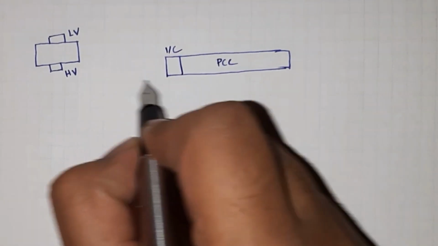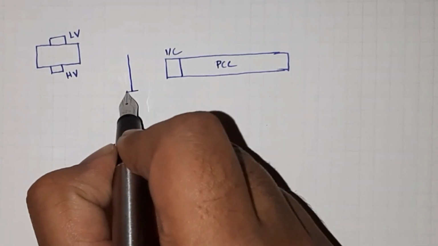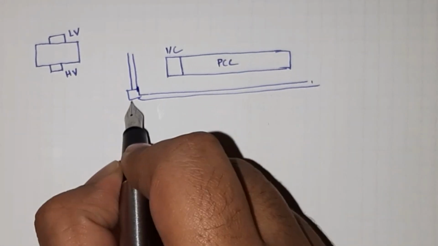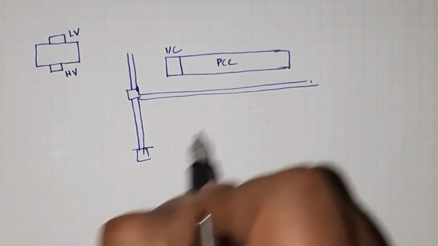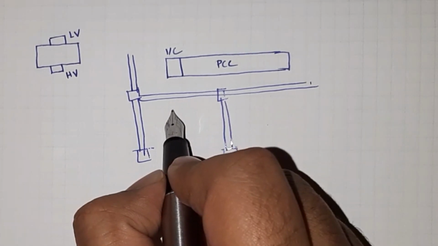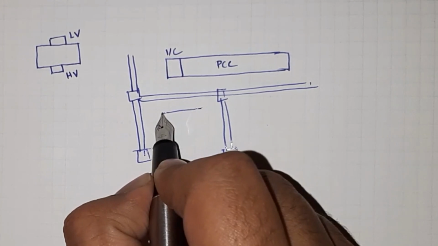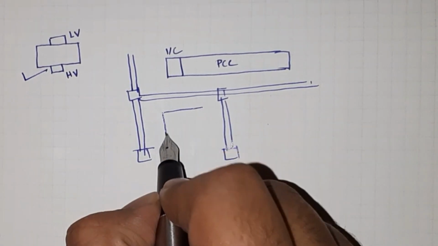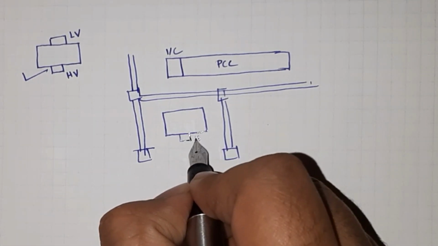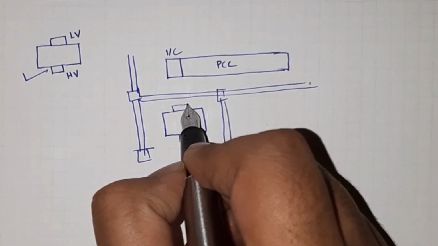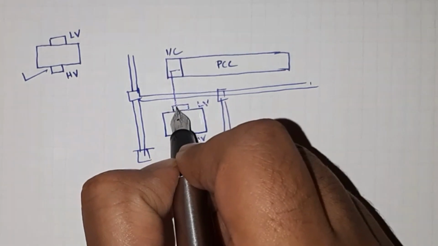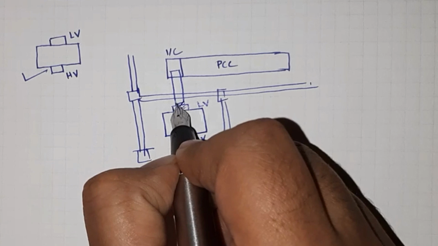Okay, now this is the room. Say this is a column, there is a wall, and my transformer room is this one. So I have placed the transformer this way. I have taken this type of transformer. One option is I can place the transformer this way, so this will be my HV cable box and this will be my LV bus duct box. I will connect these two with the help of a bus duct, right?